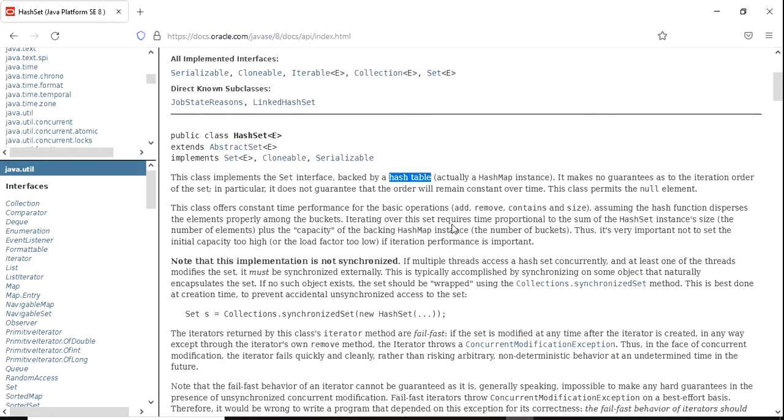The advantage of hashing is that it keeps the execution time of basic operations constant. Execution time using hashing is very fast, like adding an element, checking whether an element is there using the contains method, removing an element, and finding the size. All the remaining methods are also very fast. And we have some constructors.